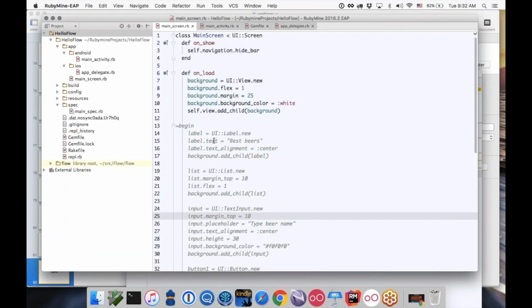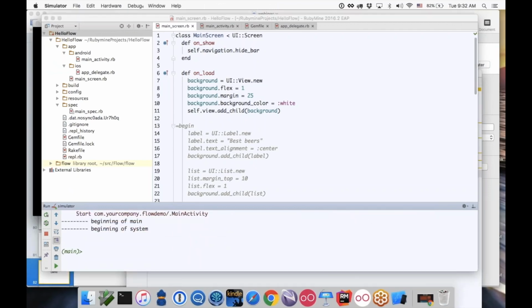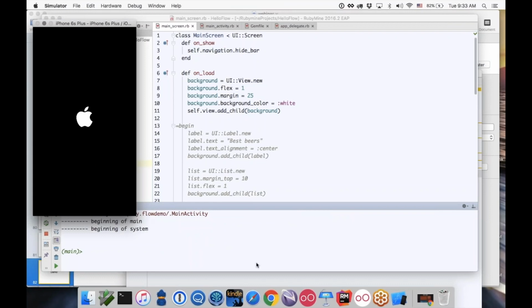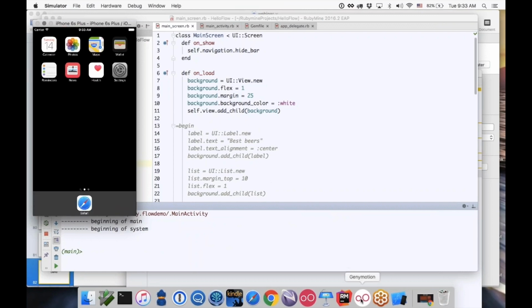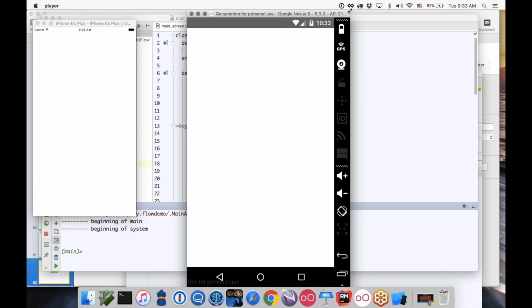So I will go to RubyMine and I will just start. Here I have a very simple Flow application in RubyMine. I will talk about it further, but we basically